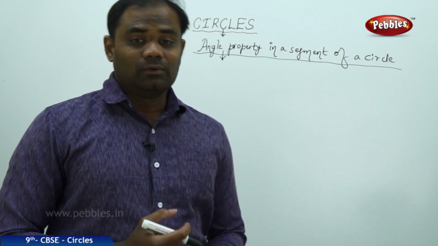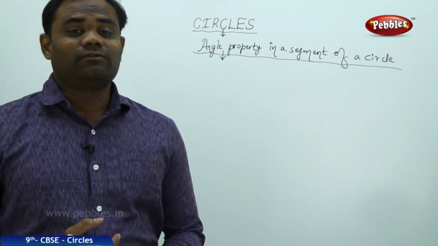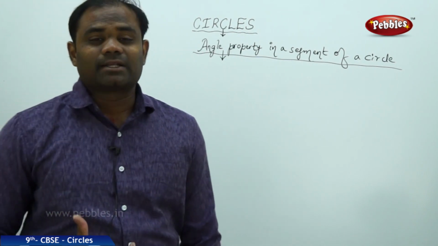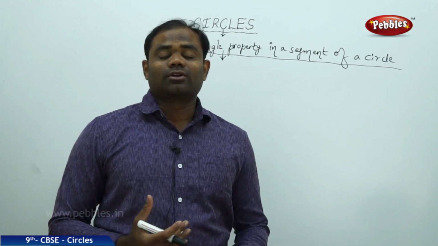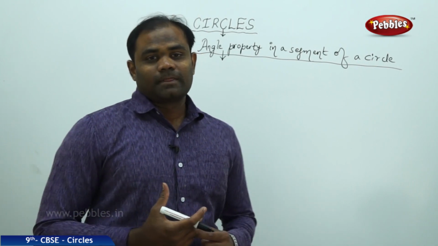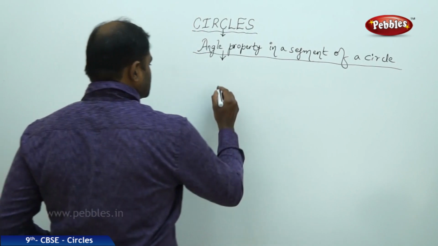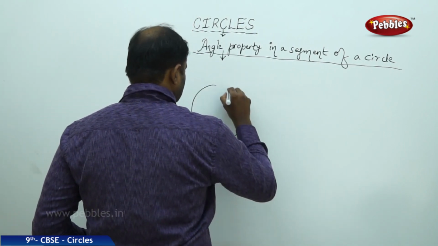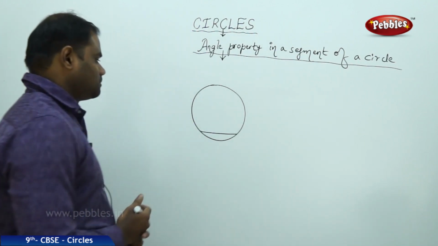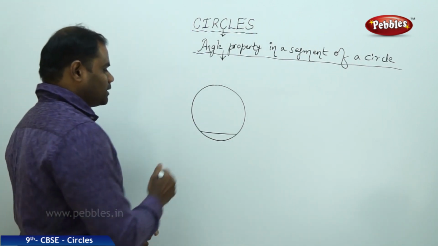So let's see how the angle property is connected for the segment of a circle. We have already discussed that a segment is a line or a chord which divides the circle into two regions. Say, for example, I have a circle and I have this. Then clearly we know that